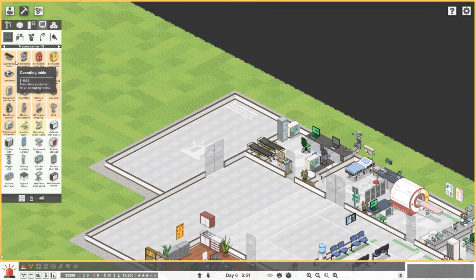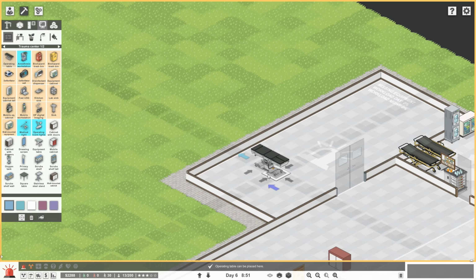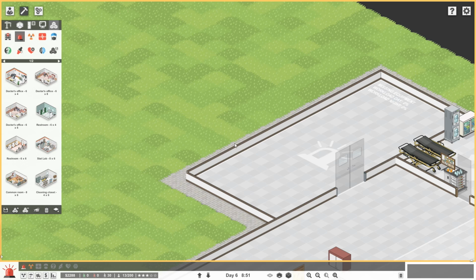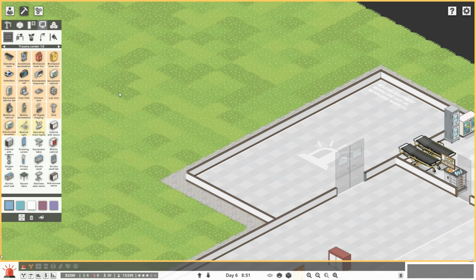Now, equipment. Operating table. Wow, this is a really big room I've got going here. So, is that their head or that their head? Let me have a look at a prefab. We're going to have a quick look across here to a trauma center. I can't really tell, so we're just going to go with whatever we can get away with in here. So we'll have a couple of... I'm going to assume the head is where that piece is, the blue arrow. So we're going to need, I think...